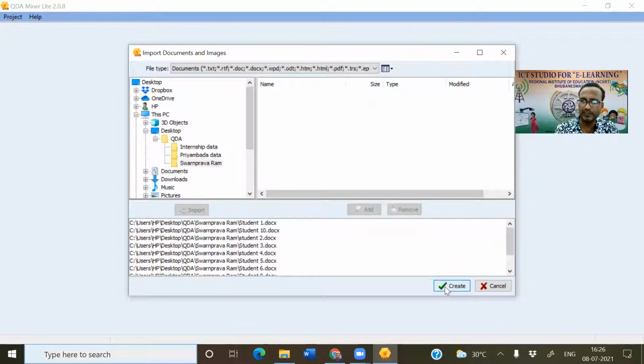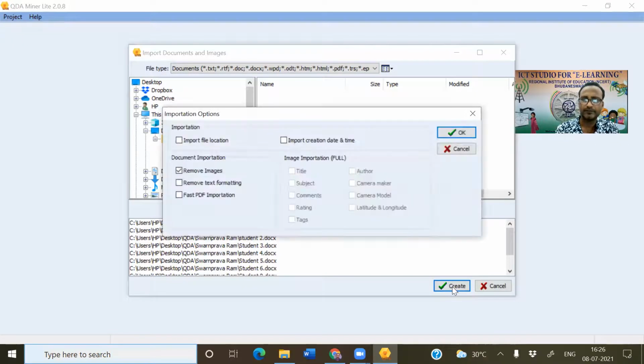Now you just click on create. Again another dialog box is coming. It is asking for import file location. If you want the file location, you can click here.